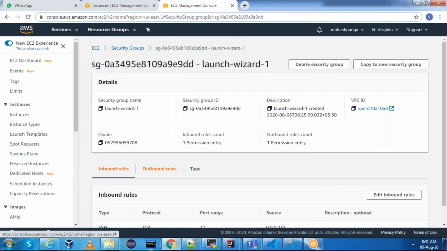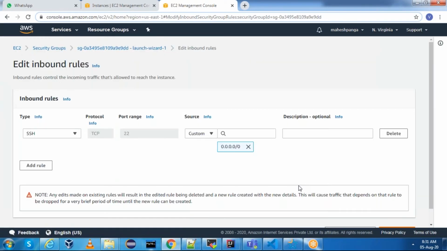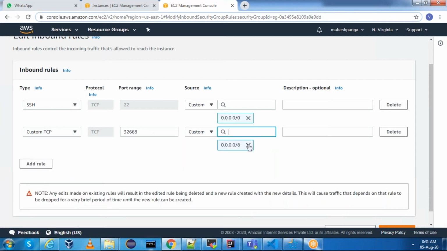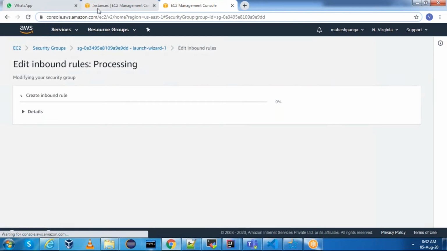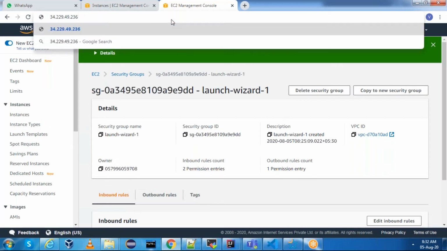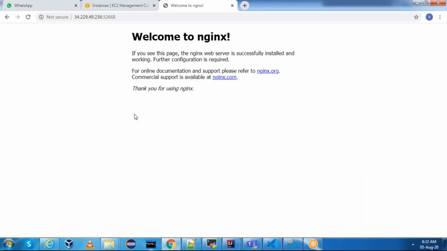Security group ID, edit inbound rules, add rule, 32668, custom. This is the block. Click on save rules. Now copy the server IP and add colon 32668. Perfect. We are able to see nginx.